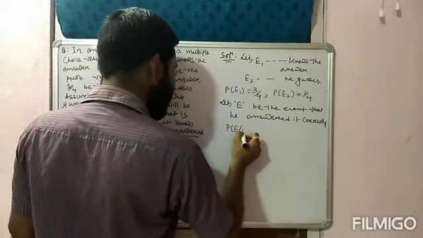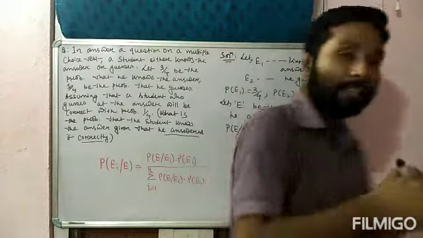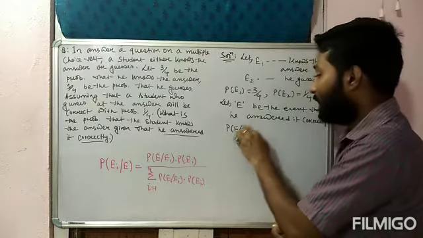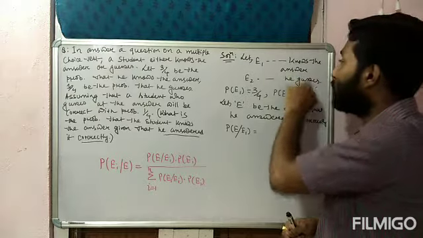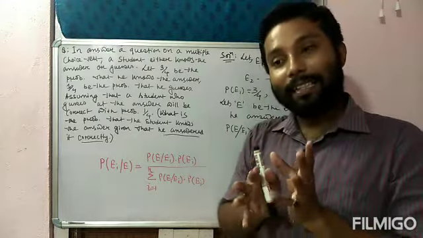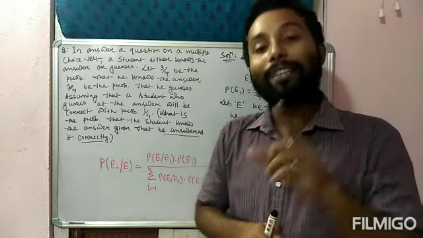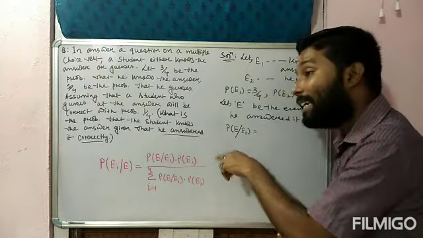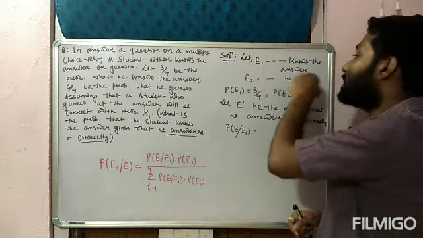Now, first of all, you have to find probability of E slash E1. Very nice part, this one. Read the question again. Read this part again first. E, he answered it correctly. E1 is the event that he knows the answer. So when a student knows the correct answer of a question, what will be the probability of that event? E, he answered it correctly. E1 means he knows the answer.